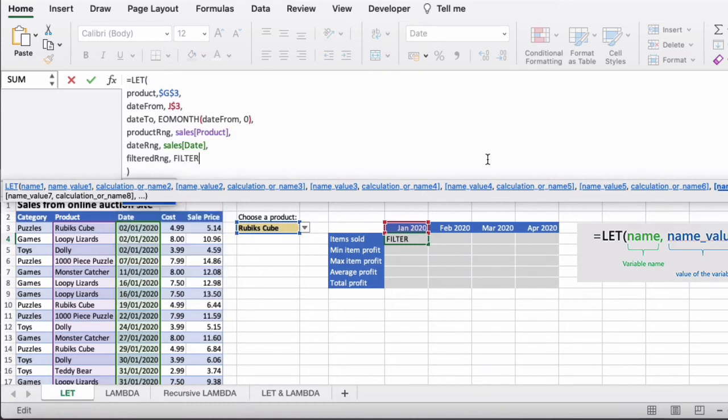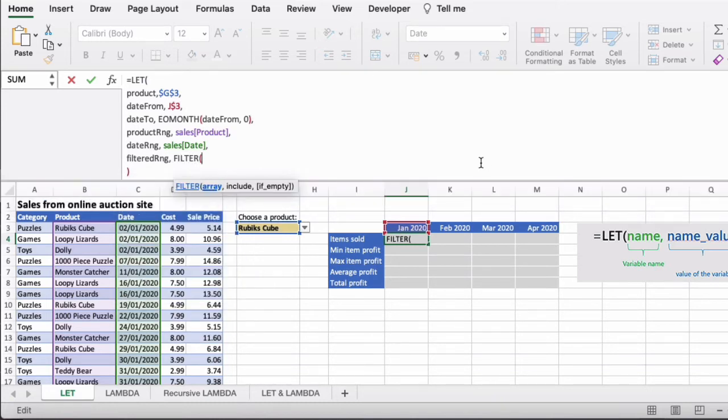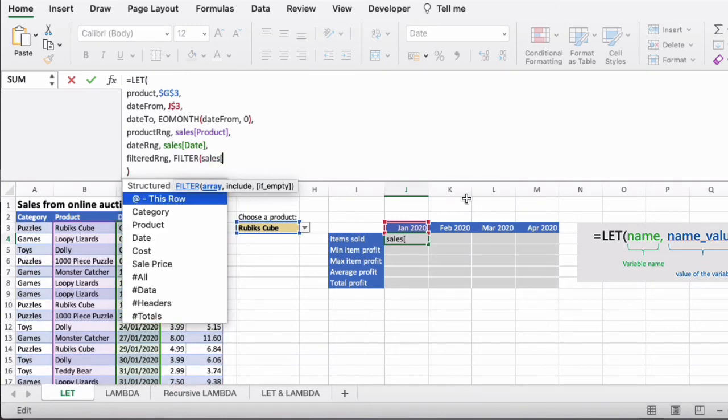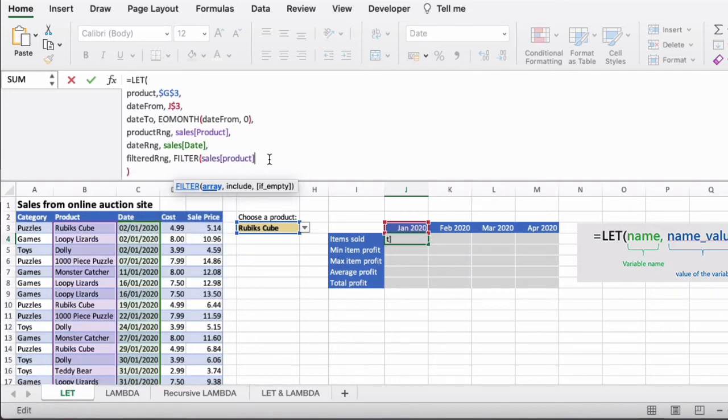So we'll actually use the FILTER function and open brackets, and we want to filter on the product. So we'll say sales product, or as you can see, we've already defined sales product, so we can actually use the previously defined product range. So if you find you repeat anything through the formula, always look above to see if you've defined it already and use the defined name instead, because it's much easier to read and easier to track in longer LET formulas. So we're filtering on the product range, and then we're filtering again on, so what we're going to include is the product range equals